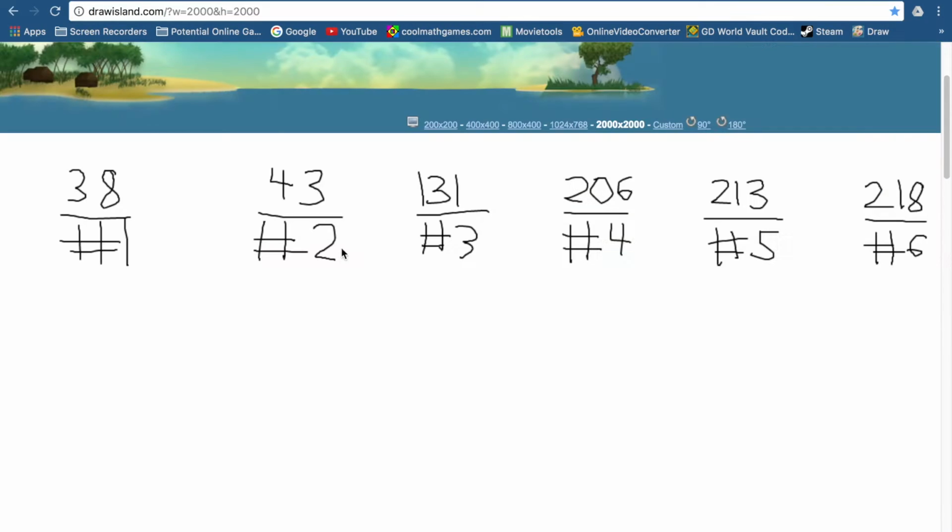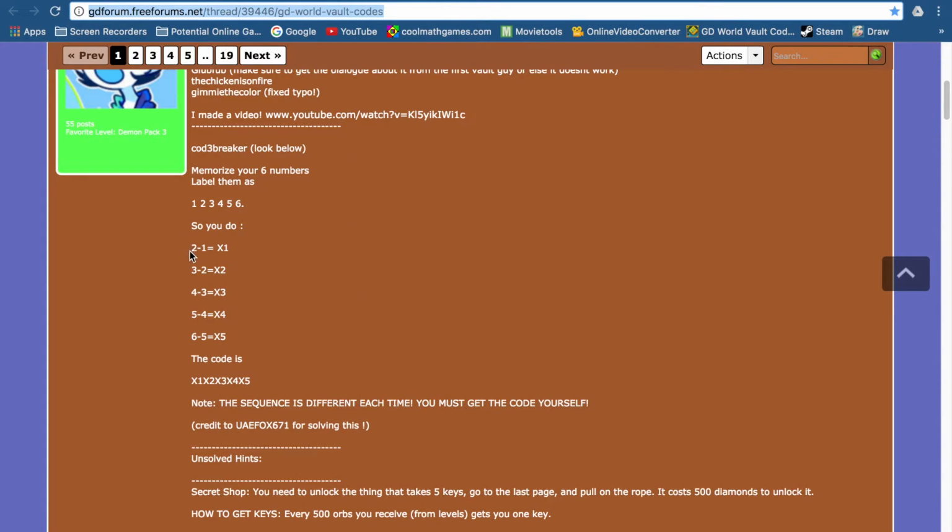So you do number 2 take away number 1, number 3 take away number 2, number 4 take away number 3, number 5 take away number 4, and number 6 take away number 5. Like so. So 2 minus 1 equals x1, 3 minus 2 equals x2, 4 minus 3 equals x3, 5 minus 4 equals x4, and 6 minus 5 equals x5.